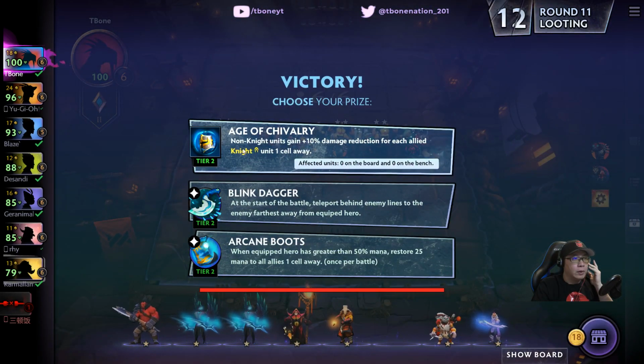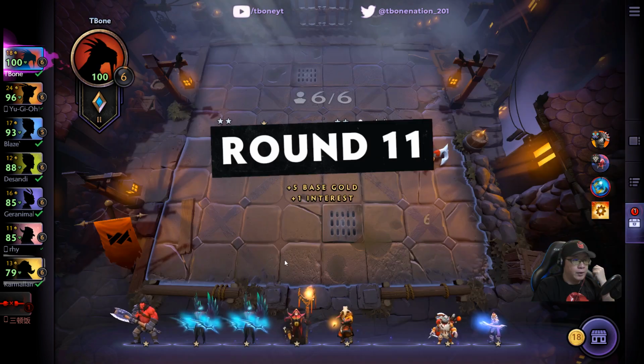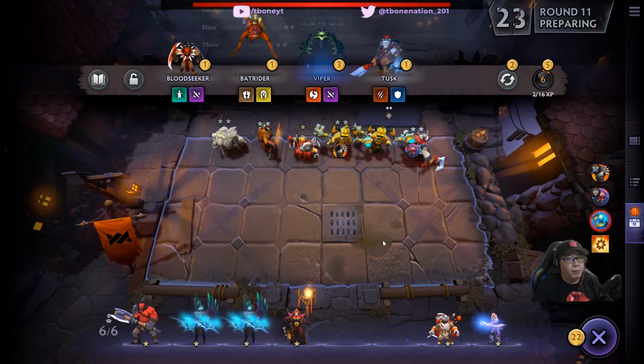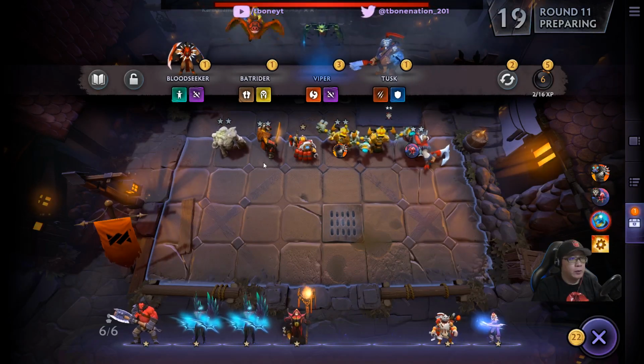So this will give non-knight units 10 reduction. If you're playing a knight build, then you'll definitely want this, but I'm not playing a knight build, so I'm not going to get that. Blink Dagger, I think I'm going to do this one because I'm not playing an Assassin's build either. So Assassins is where you are going to